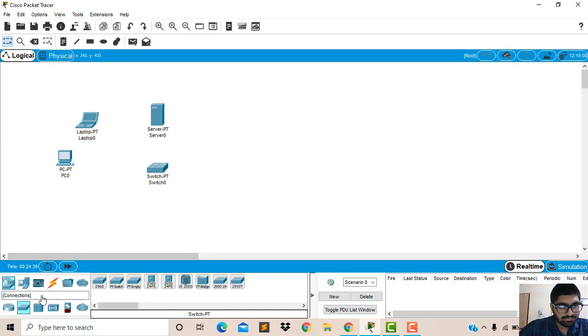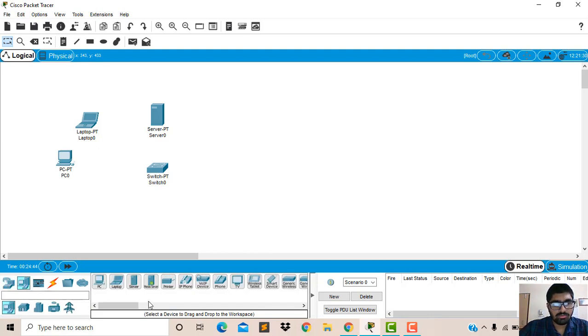Now we will see how to develop a simulation of a LAN. Here I am taking the router, a PT router, as well as a PC, a laptop, and a PT switch.